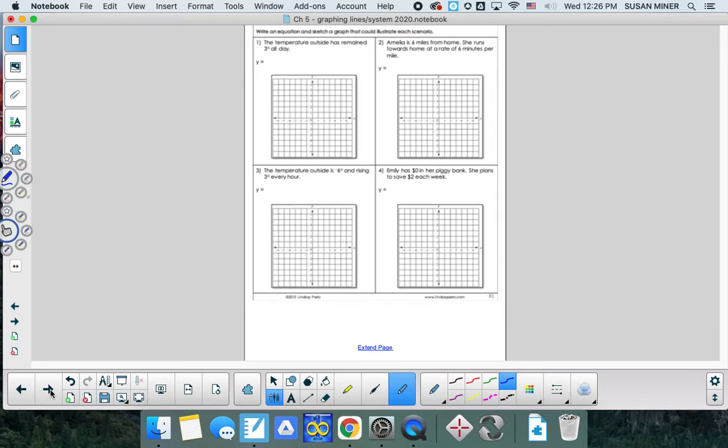Okay, so let's just start with some basic story problems, okay? And what this is asking us is, okay, well, I want to write the equation out and then graph it. And so there's a couple of different ways that we've learned how to graph it. You know, we started out by using a table, an XY table, in order to graph our story problems. But now we know that we can take our equation and we can use our equation to graph our